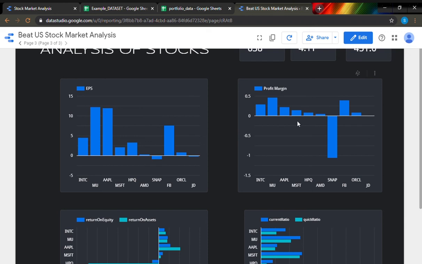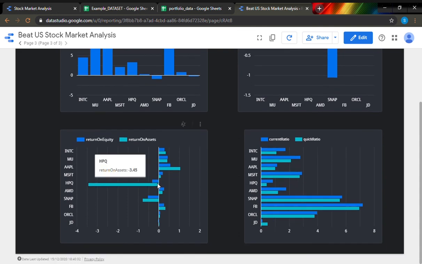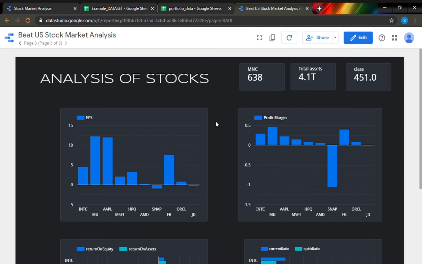Now the profit margin. A profit margin basically gauges the degree to which a company or business activity makes money. Now here we can analyze this. Now return on equity is generally net income divided by equity, while return on assets is net income divided by average assets. Now this current ratio and quick ratio also matter while investing. So keeping in mind all these financial indicators, it is better to analyze the stocks. There are many more such indicators, but these are the main indicators used by analysts to invest in stocks for better profit.